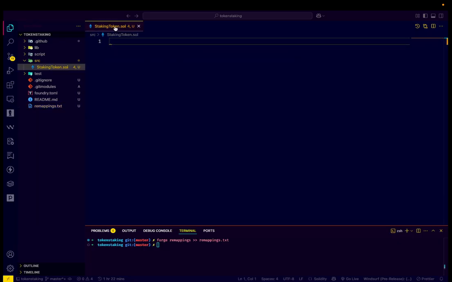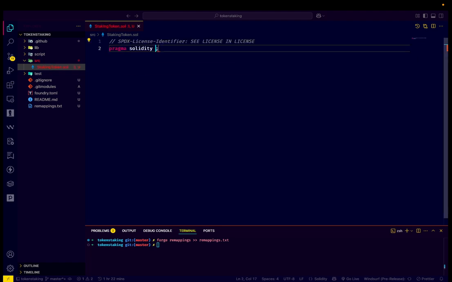So let's go ahead and start building our staking token contract. It is very simple because we are going to use ERC20. SPDX license MIT, and let's use pragma solidity version 0.8.20,